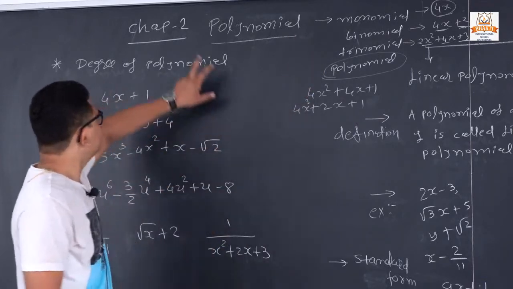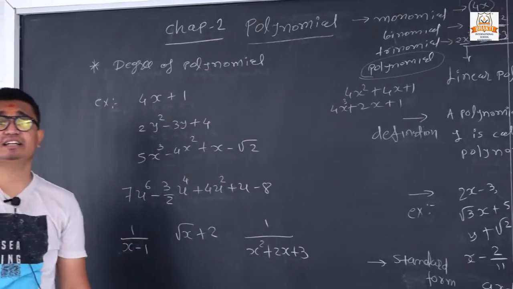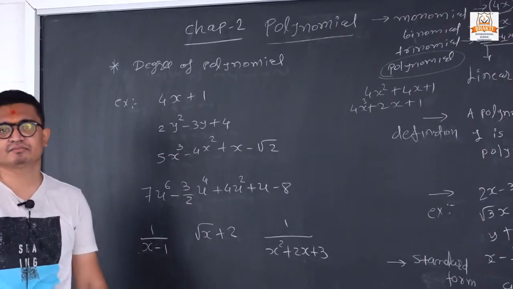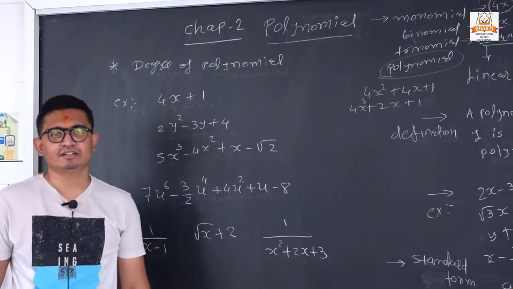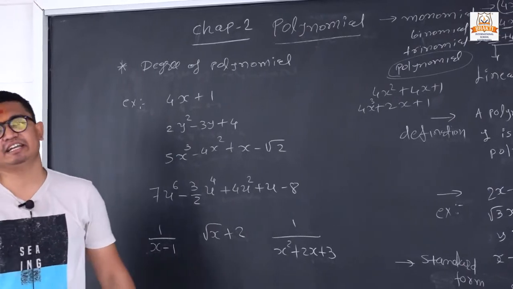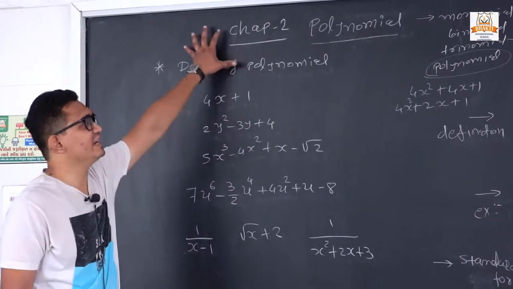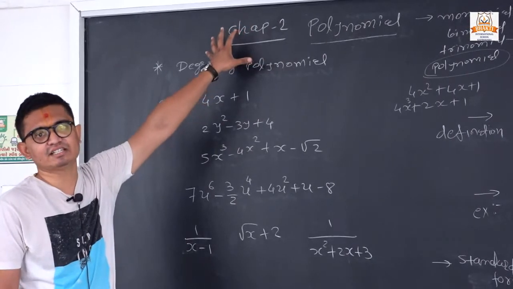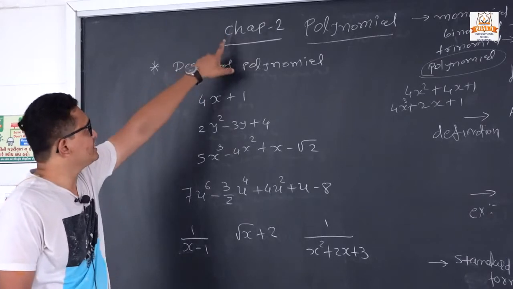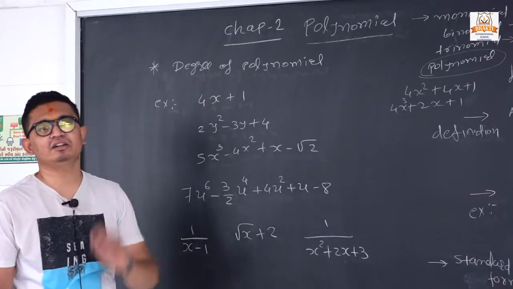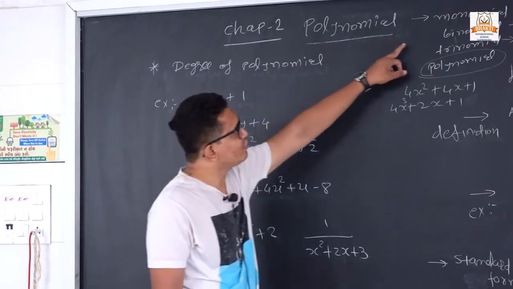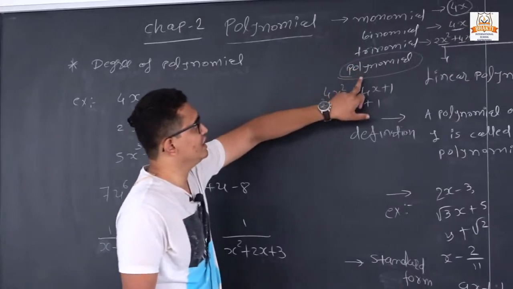Now the weightage of chapter 2 in class 10 will be, I think, 6 or 8 marks according to our new blueprint. In the new blueprint, the total marks for the paper will be 80 marks. So polynomial is very important for us because the weightage is very good to cover the marks. In chapter 2, first of all, we learn the basic concept, and the basics start from which terms? Monomial, binomial, trinomial and polynomial.